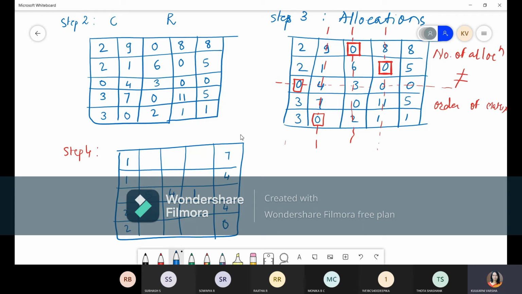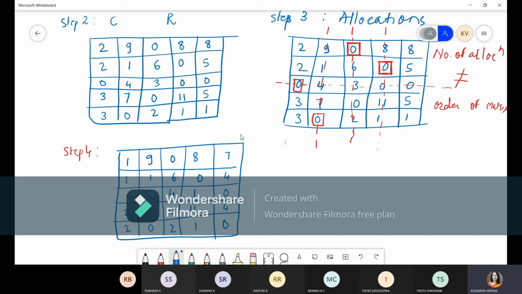And we have to retain the single cross elements as they are. So all the single cross elements, this is single cross, this is single cross, this is single cross, this is single cross, right? So we'll write it as it is. So 9, 0, 8, 1, 6, 0, and then here this 0, this 0, and then single crosses, this 7, 0, 11, and this is 0, 2, 1. Right? So we have done the step 4 modification. We have modified our reduced matrix, and now we have to repeat the next step once again.